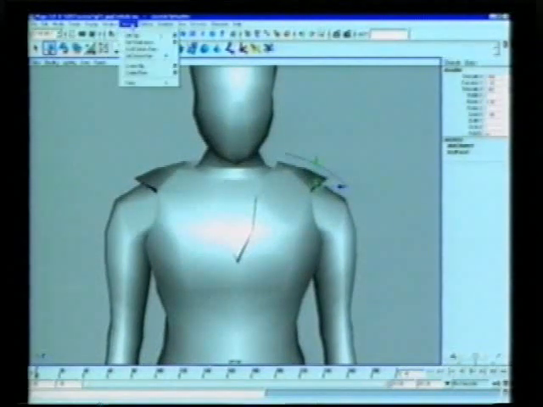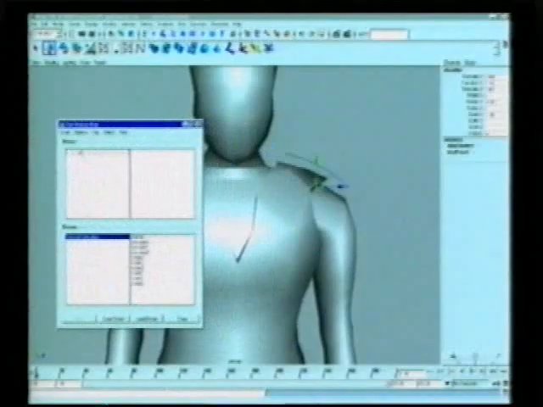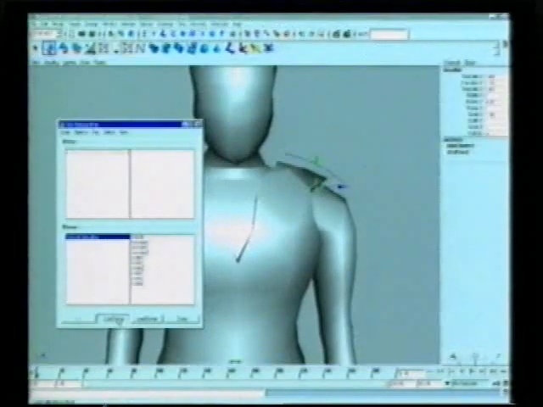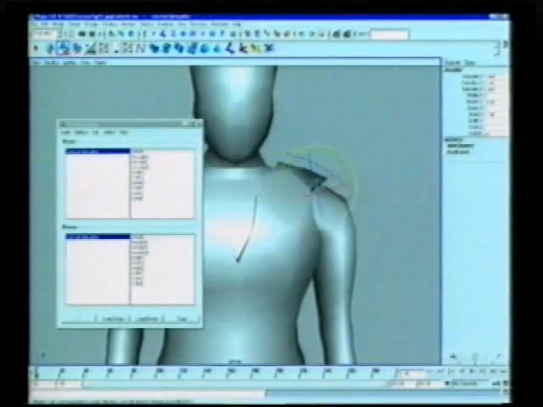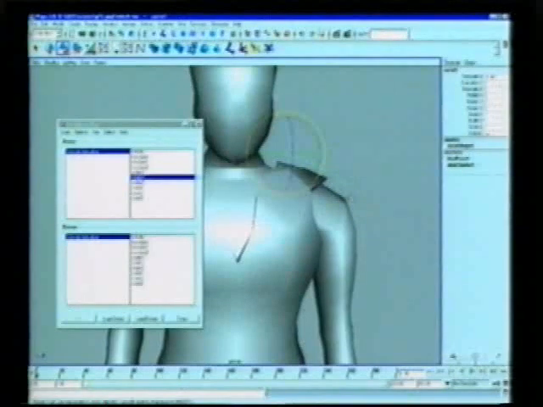So under Animate is Set Driven Key, and we'll just go to set options. The way this works is you need a driver and a driven object. So the driver in this case will be this clavicle joint, so we'll say load driver. And in this case, it's going to be the Y rotate. Okay, I'm just looking, RGB relates to X, Y, and Z, so that's the Y rotate, so I'll just click on there. And then with the curve,